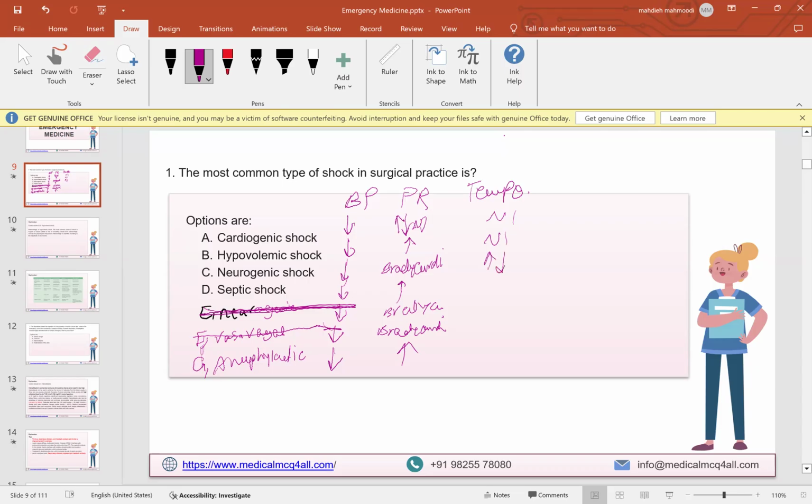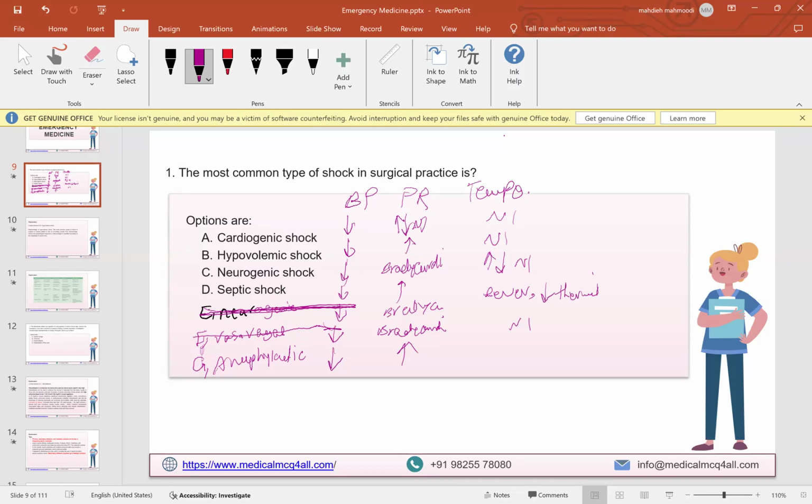Vasovagal shock, mostly normal. Septic shock, increased. In septic shock, you mostly have fever, but you could also have hypothermia. And in anaphylactic shock,